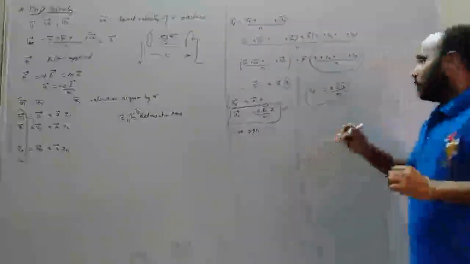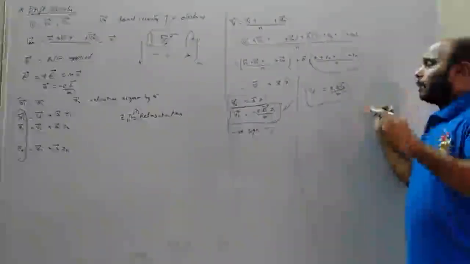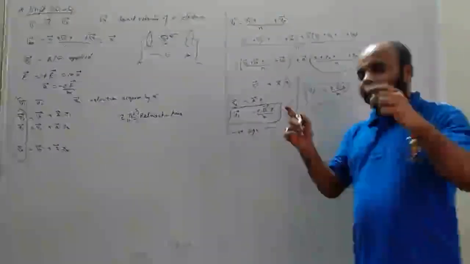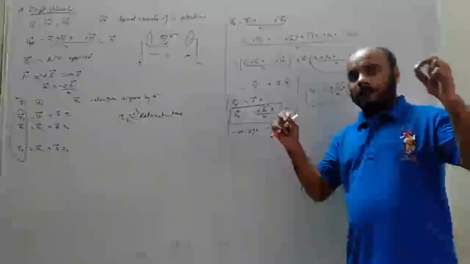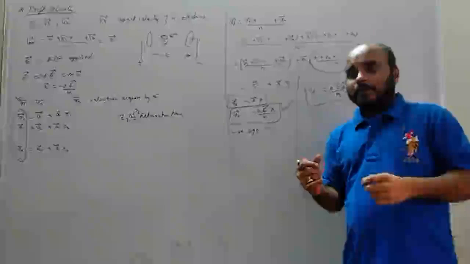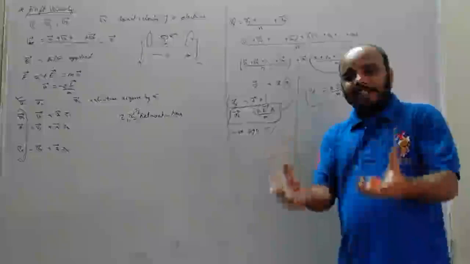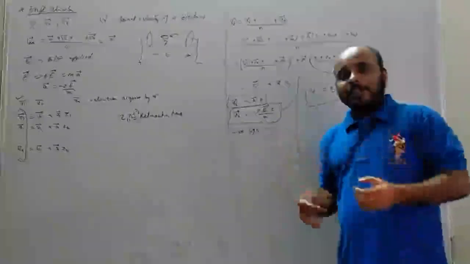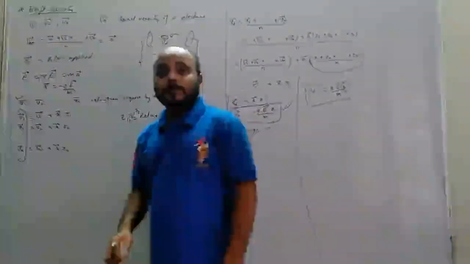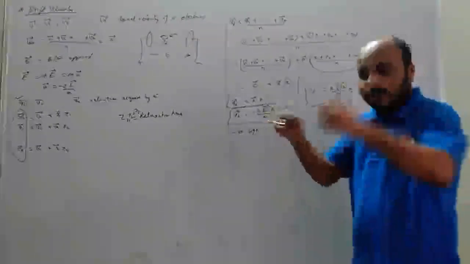You have to think on your own what will happen to the relaxation time when I increase the temperature of a conductor. Don't memorize by rote, remember it from simple basics. When we give some temperature to the conductor, what will happen? The electrons will gain energy, right? They gain some kinetic energy. I'm giving heat, the electrons get energy, kinetic energy, their velocities increase, thermal velocities increase. They will move faster. Now if they move faster, they will collide sooner too.